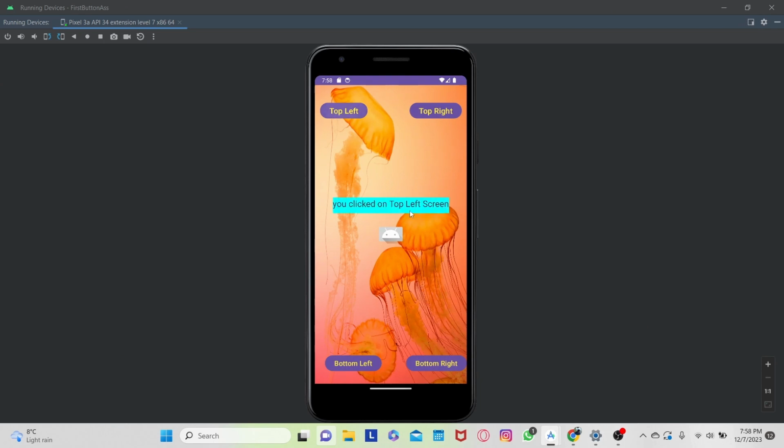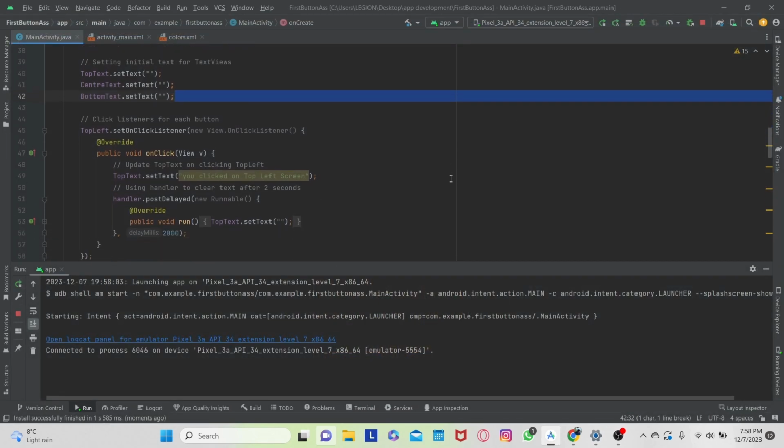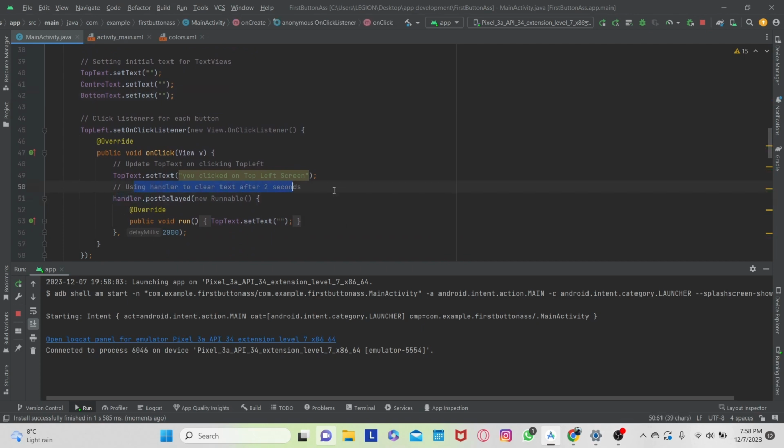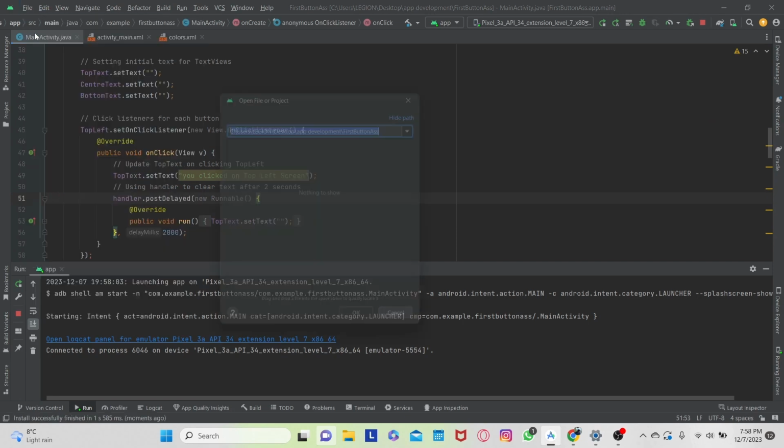When the top left is clicked, it shows top left on screen, then right is clicked, and it disappears after a certain amount of time. Bottom left, bottom right. So that's the first assignment. The text disappears using a handler, which clears the text after 2 seconds. So moving on to